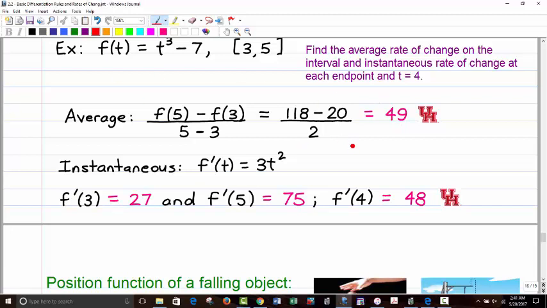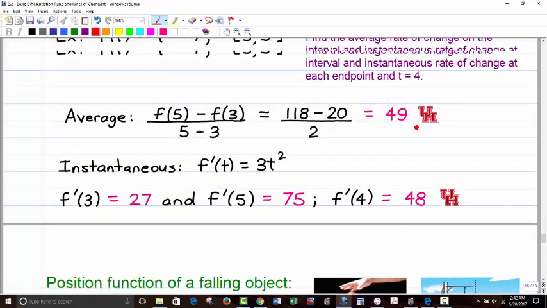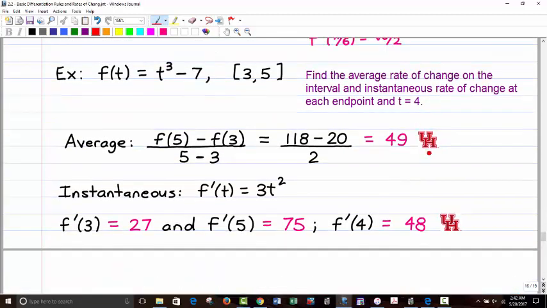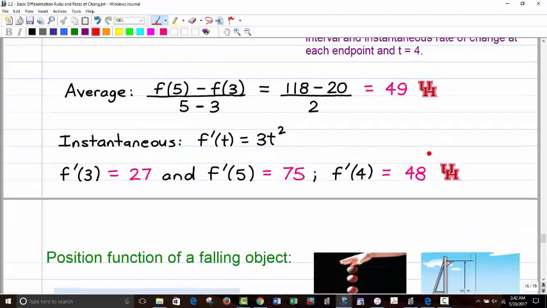You can't just average the endpoint values and come up with that answer. In fact, if you add up 27 and 75, that's 102 divided by 2 is 51. But theoretically, it's the average of all real numbers throughout the interval, not just the endpoints. All right. No, actually, it's just the average of the endpoints, I should say. I'm going to correct myself there. But anyway, with that being said,